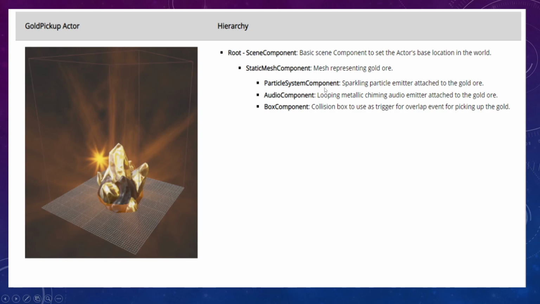And then you have the particle system connected to it, which is the sparkling emitter right here. Okay, so we can start to see how these components are built. And I want you to kind of transition your mind to understanding how these components are built. Now, the next thing involved is the